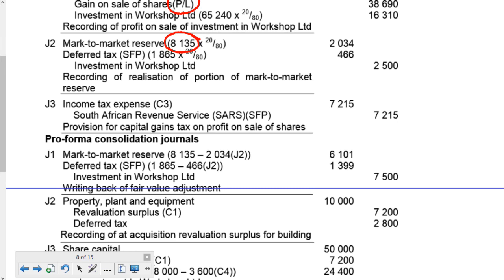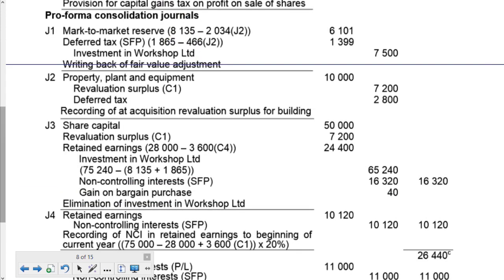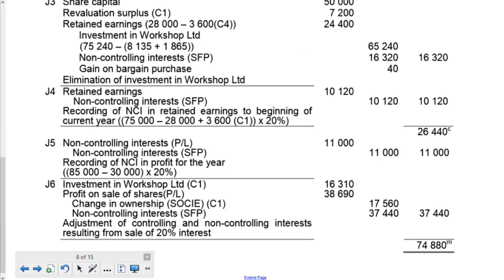Okay, but here are your pro forma consolidation entries. Journal 1, reverse the mark-to-market. Journal 2, record the adjustments on AC, but I like to just put that into that one, so I do 2 and 3 together. There's your first AC journal, resulting in the bargain. Then we give NCI their share of retained earnings since acquisition, the 10,120, which is adjusted for that receivable. Then we give them their share of the current year's profit, and then we have the change in ownership